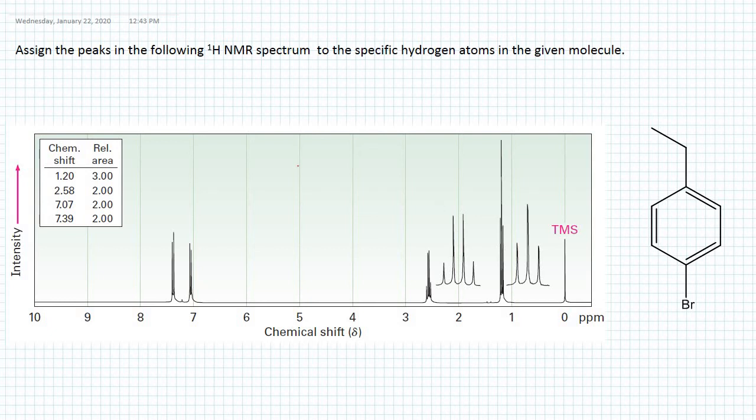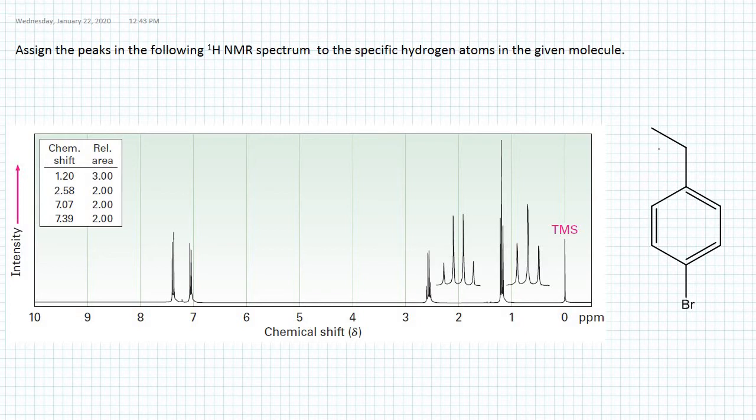Hi, in this tutorial we are going to solve a question related to NMR spectrum. The question asks, assign the peaks in the following H1 spectrum to the specific hydrogen atoms in the given molecule next to the spectrum. Let's start analyzing the spectrum and the structure of molecule. I will start first analyzing the structure of molecules, and I will identify the different types of protons we have